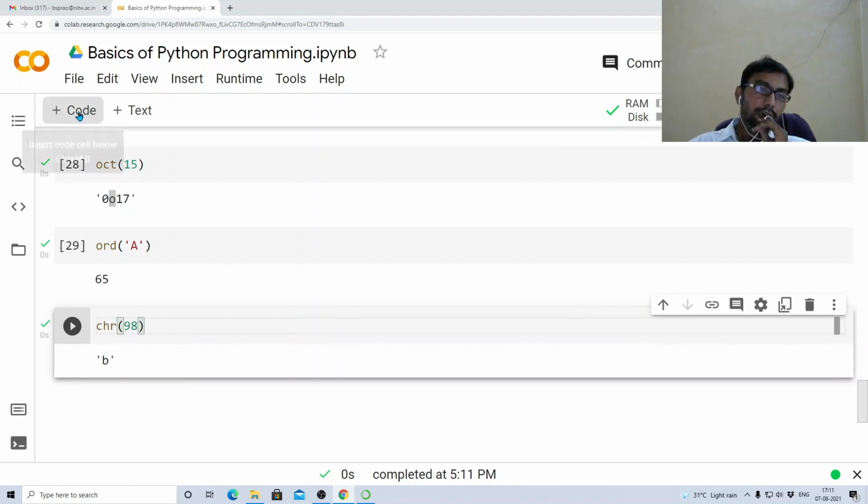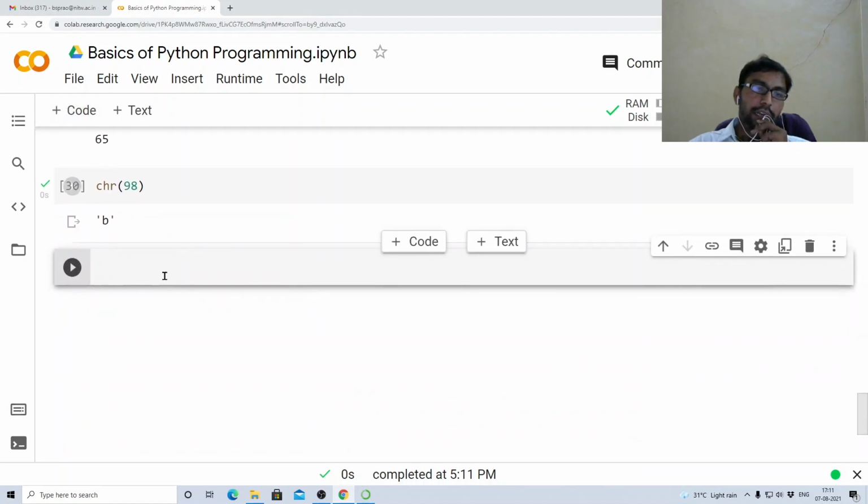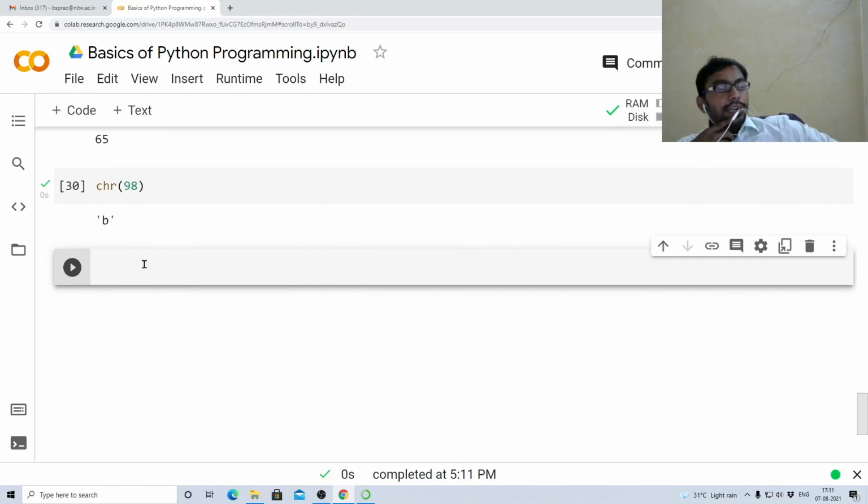The other advantage of this Google Colab is that there is no need to install libraries. All the libraries come pre-packaged. But if you use Python on your local machine, then you have to take care of these modules.